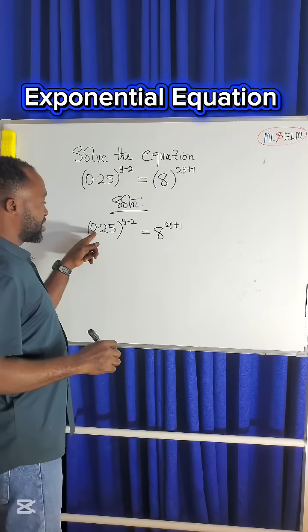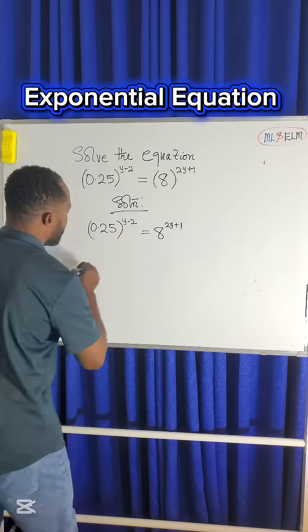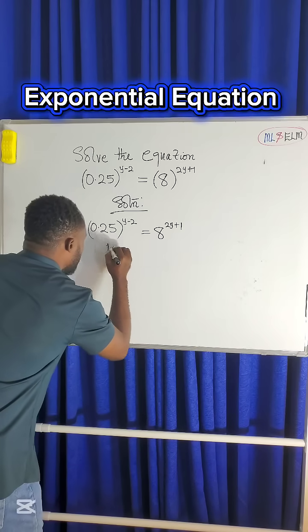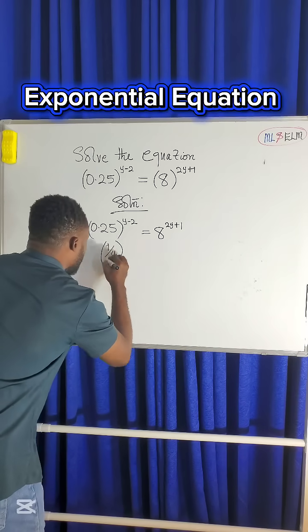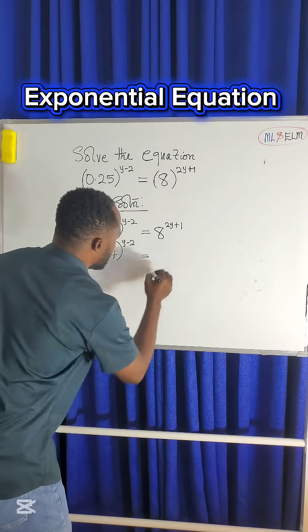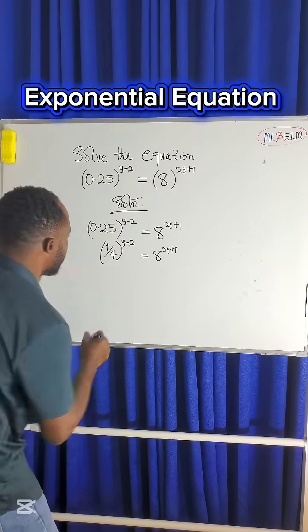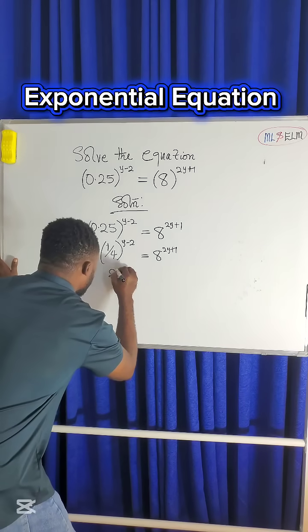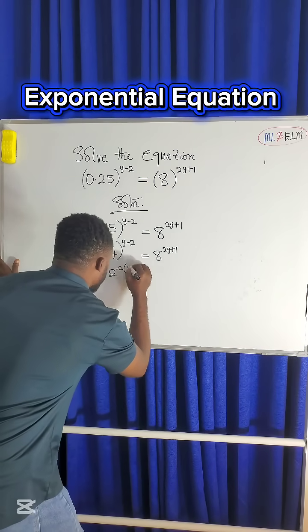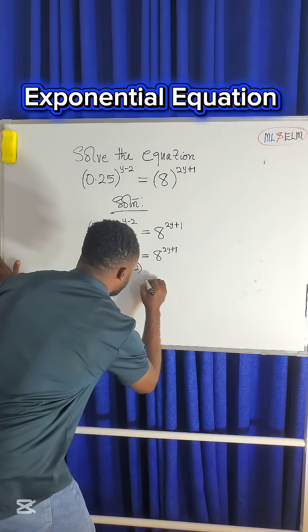So we are going to change 0.25 from decimal to fraction. If we do that, then 0.25 is the same thing as 1 over 4. This will now be raised to the power of y minus 2 equals 8 raised to the power of 2y plus 1. And again here, 1 over 4 is the same thing as 2 raised to the power of minus 2. This minus 2 will multiply into the power, which was y minus 2, to be equal to,